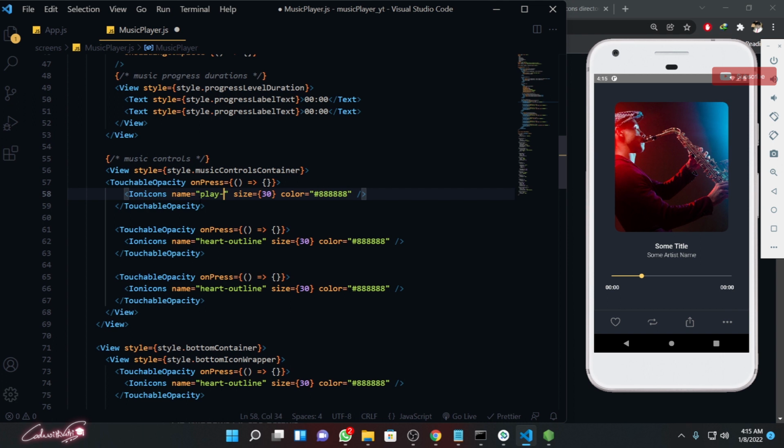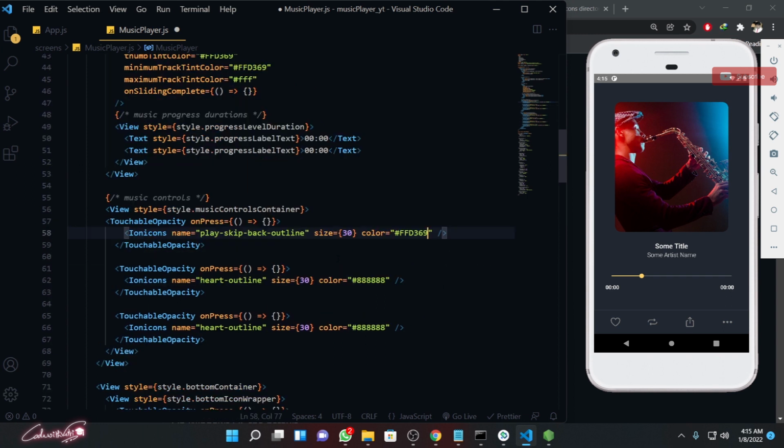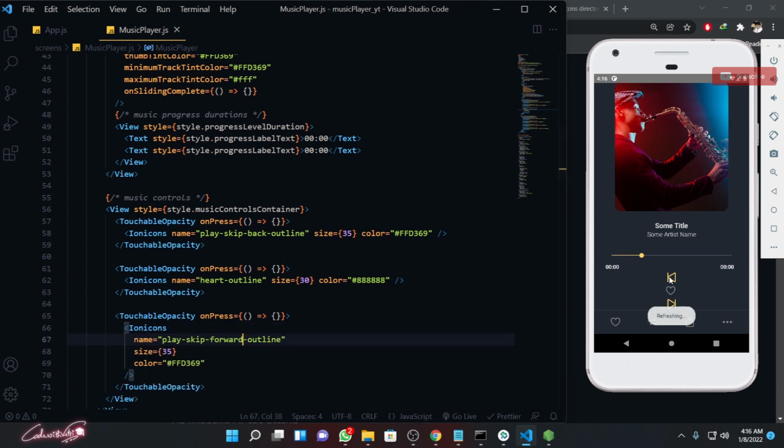And this is going to be play, skip, back, outline, and the color code is going to be this color code. Okay, and the size I'll just say 35, and let me copy this and give it over here. Instead of back, now it's going to be forward. Save the changes. Now you can see that the playback and the forward, but instead of this one, we are going to give the iOS